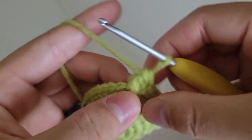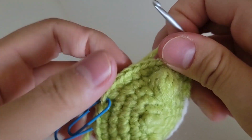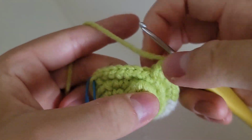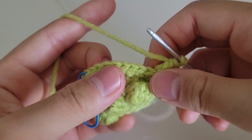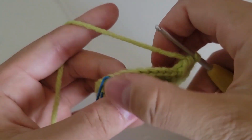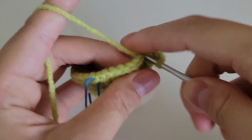So, yeah, okay. So we pulled through all 4 loops. Now making sure the bobble stitch isn't covering the next remaining stitches. Now we're just going to do 8 single crochets to finish the round. So go into the next stitch,